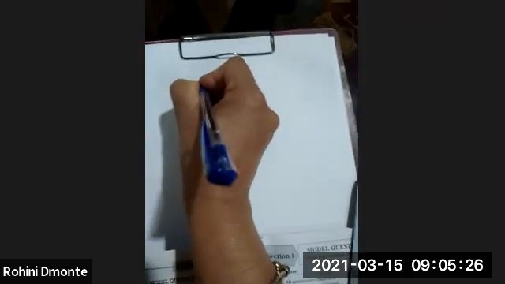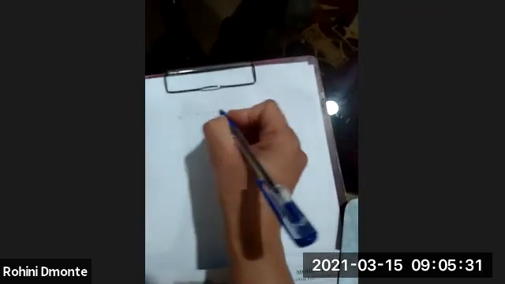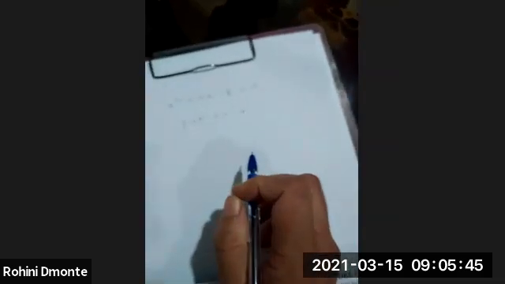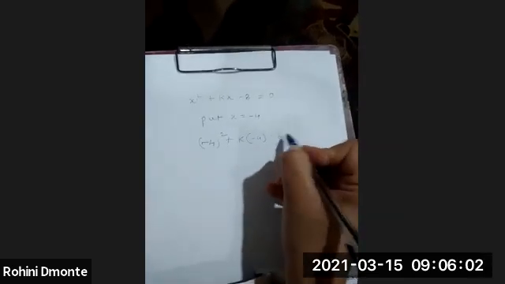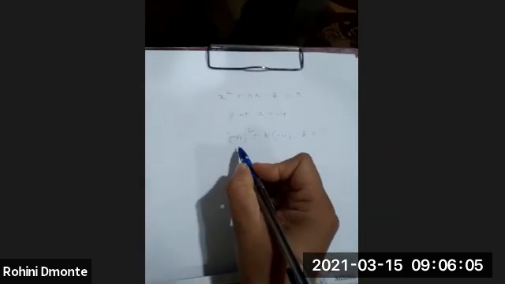The equation is given as x square plus kx minus 8 is equal to 0. And one of the roots given is minus 4. So let us put x is equal to minus 4 in this above equation. When you put the value as minus 4, you will get the corresponding value of k. So let us put this. So minus 4 square plus k into minus 4 minus 8 is equal to 0. So what is the square of 4? 16, right?